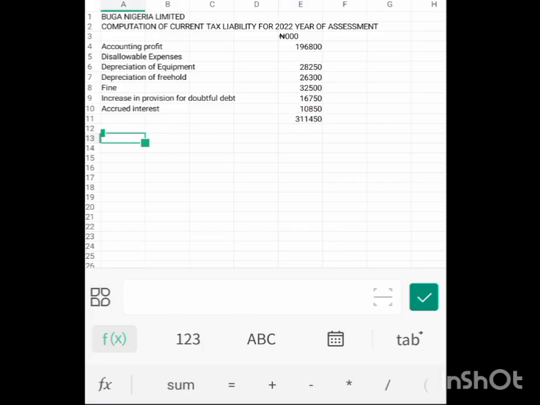So then we less those income, we less disallowable income as well. There are some income that has been recognized in financial accounting, in financial reporting, that tax authority do not recognize. So we will bring all those income and then all those expenses less disallowable income. Are you getting me now? And allowable expenses. So let us first of all take the allowable expenses, which happens to be our capital allowance,